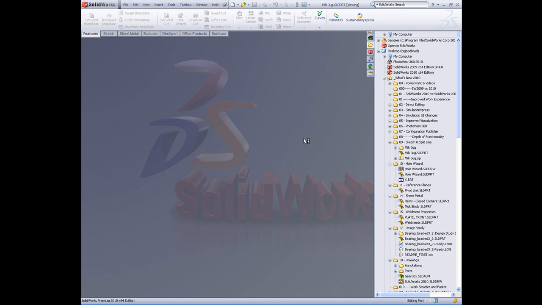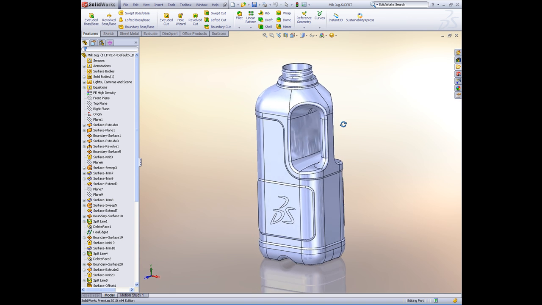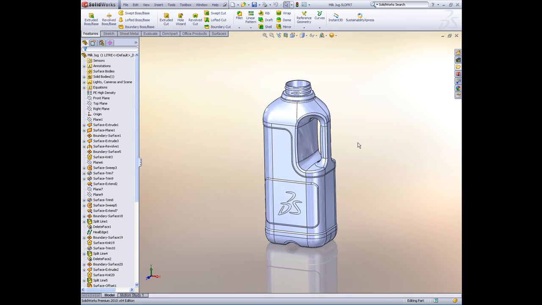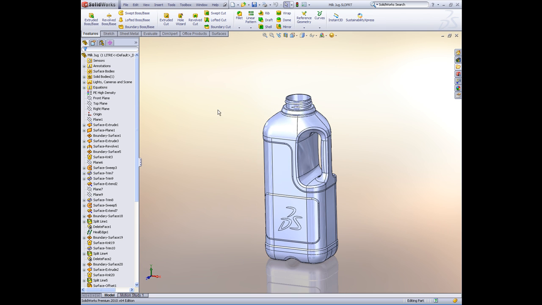SolidWorks has really focused in this release on not necessarily adding as many new features, but really expanding the depth of functionality to things that we already do. So I want to take a look now at some things that we've done in the user interface, part mode, and sketch mode. Now we've got a little milk jug example here,